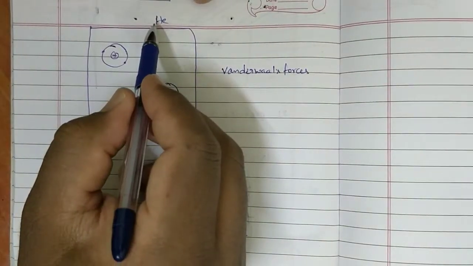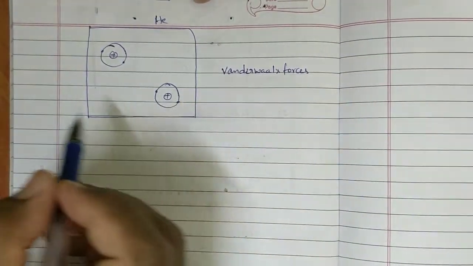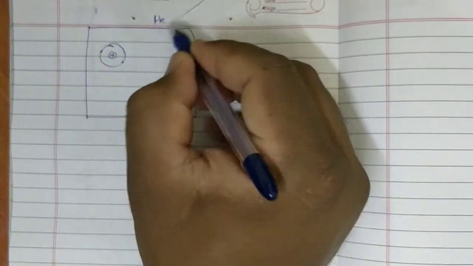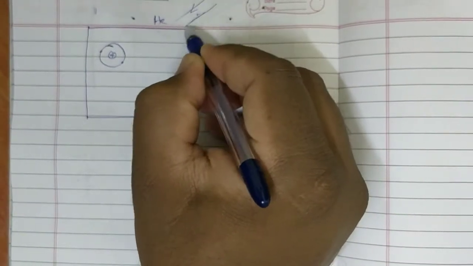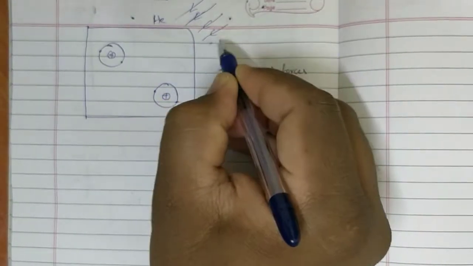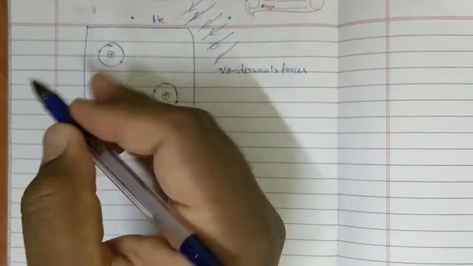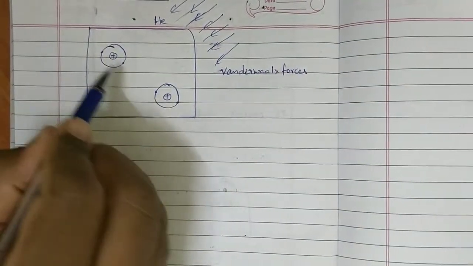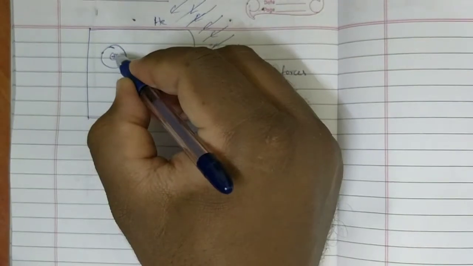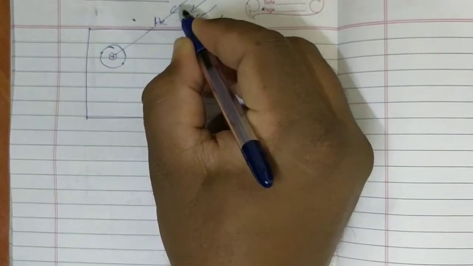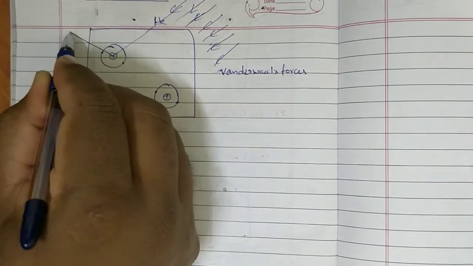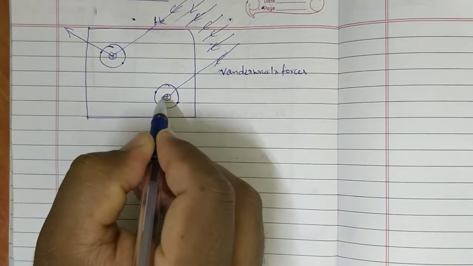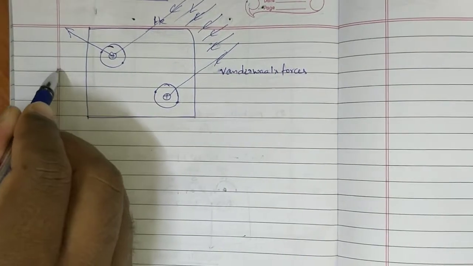See carefully. Helium gas is taken and it is exposed to X-rays. X-rays are coming in this direction, like this. Okay, now when these two atoms are here and here, this X-ray is going to hit and it is recorded. This X-ray is going to hit here and it is going to be recorded.